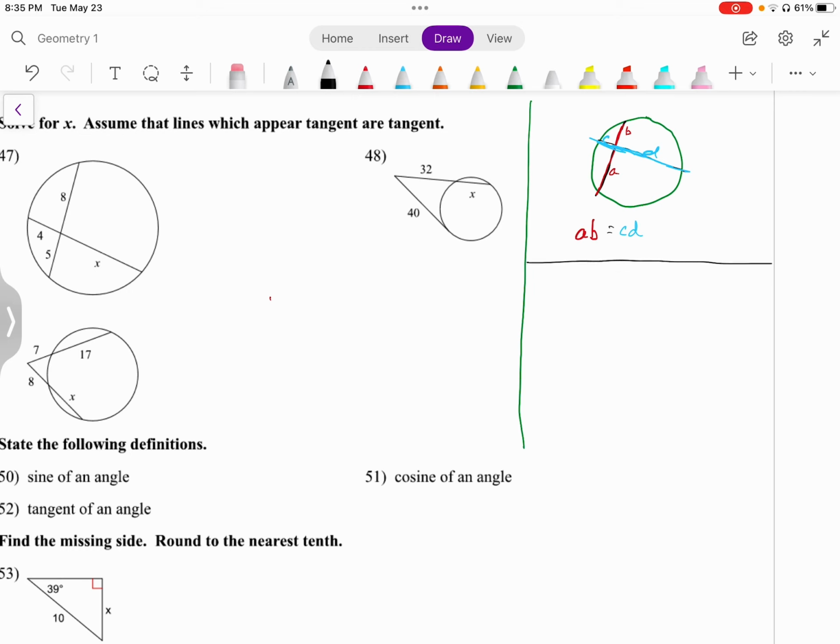The other one is when you have a circle, and oftentimes it's two secants intersect outside the circle. And this one was a little bit different. And what we said here was the outside part, so outside segment times the entire segment. So the entire segment